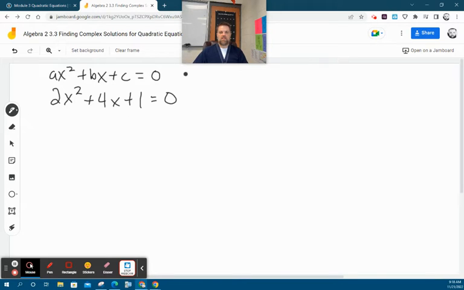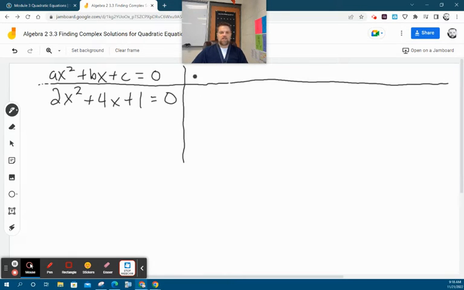So what we want to do is rewrite this in a way, and we'll do this with a couple of these. Let's rewrite this as ax squared plus bx